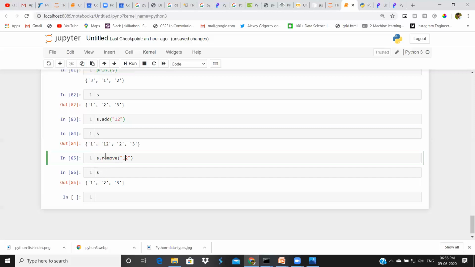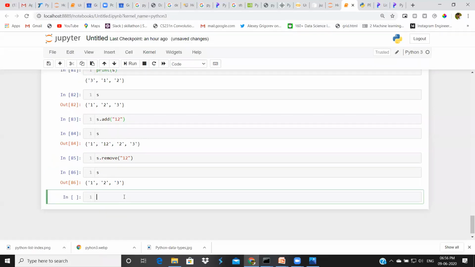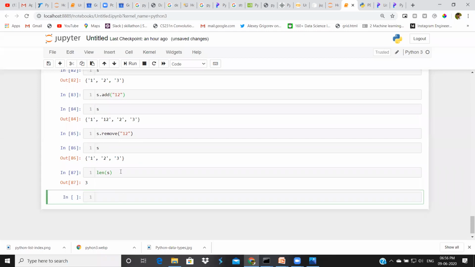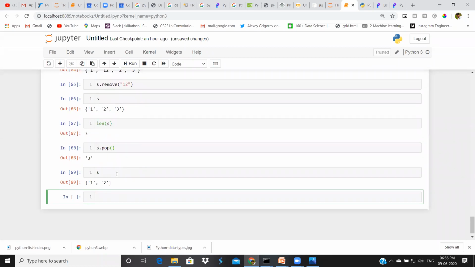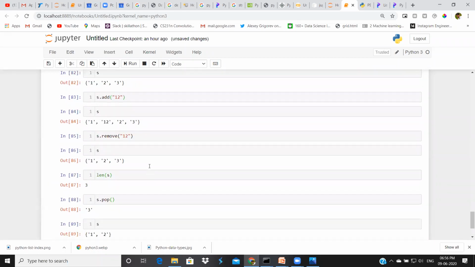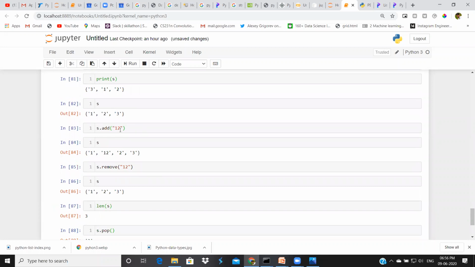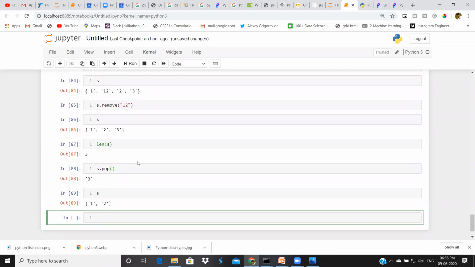It's removing that item from my set, and we have the length method as well. We can find out the length of this set, and in the same way we can pop an item from this set. This will remove the last item from my set. These are the basic methods which we can apply on sets: add, remove, and pop.